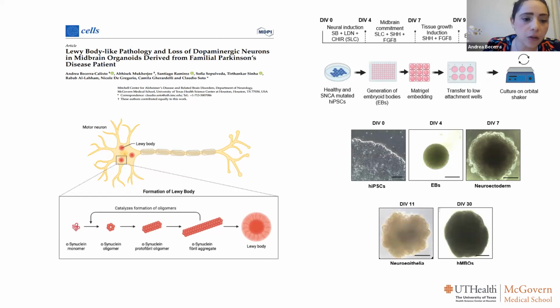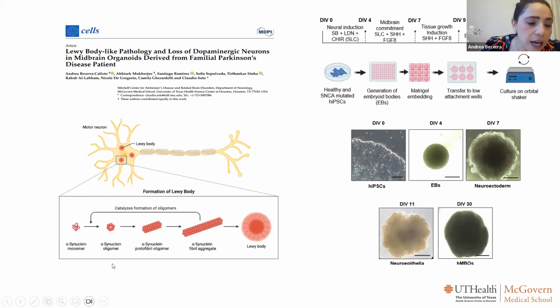Lewy body pathology is due to alpha-synuclein, an important protein in the dopaminergic neurons of the midbrain. Alpha-synuclein is involved in the function of dopaminergic neurons, and dopaminergic neurons in the midbrain are in charge of movement functions in the brain. That is the reason that Parkinson's disease is related with this